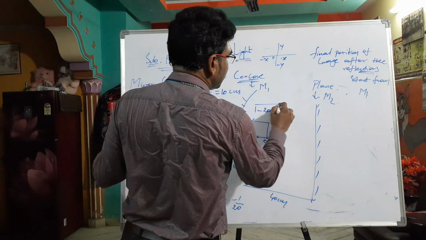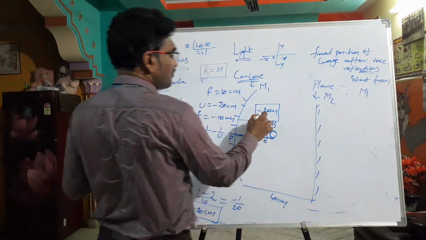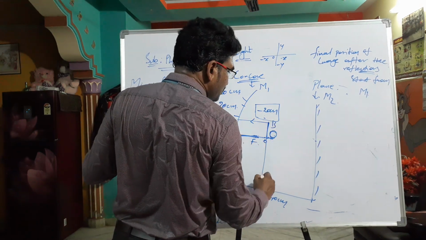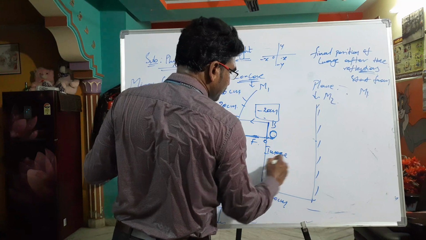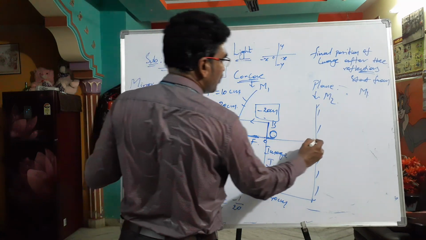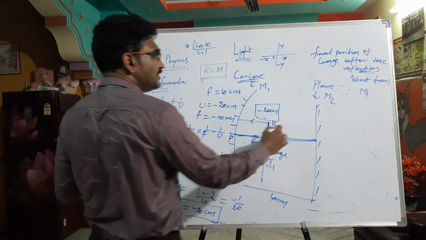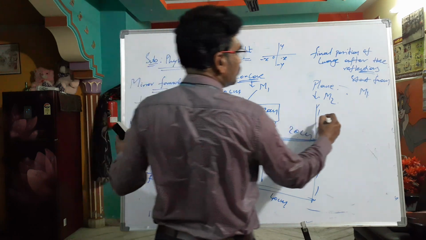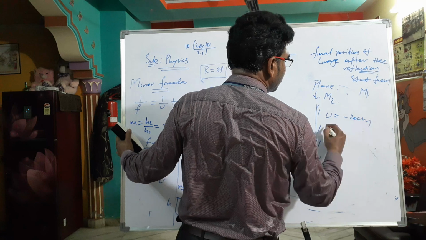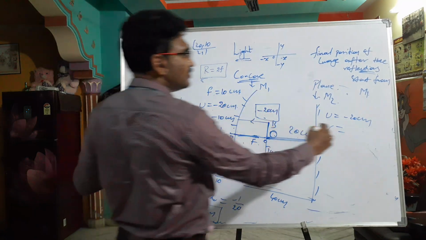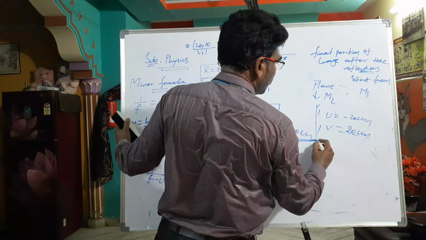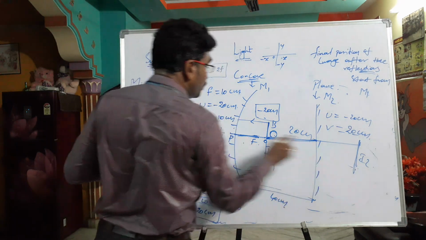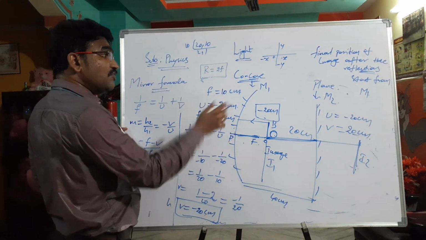Now this image which is formed here is going to become the object for the plane mirror. The first image I1 is formed here. From here, the plane mirror is at 20 centimeters because the total is 40. So the object distance is minus 20 centimeters. For a plane mirror, the image will be formed behind. So V will be 20 centimeters. Now V is formed here. This is I2. Now this I2 is going to become the object for the concave mirror again.